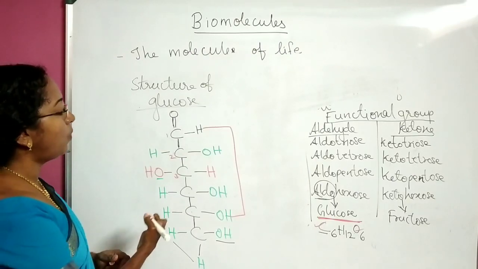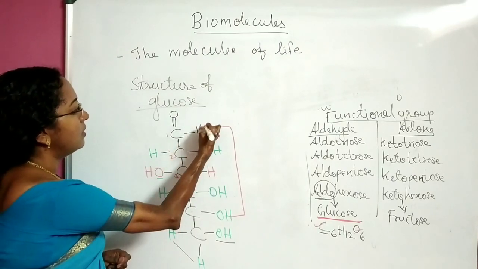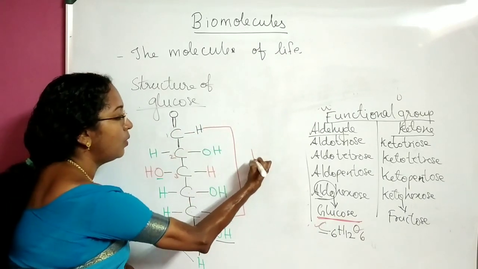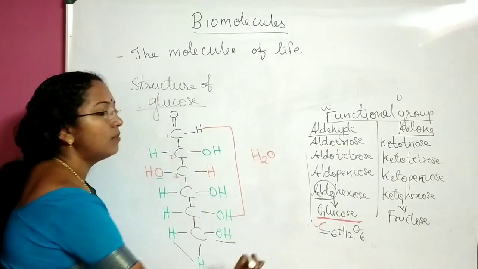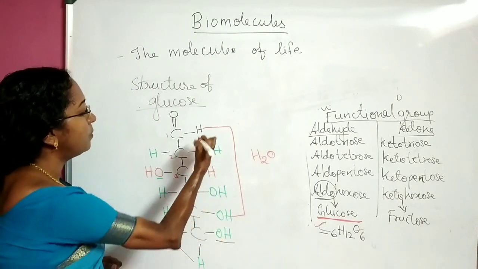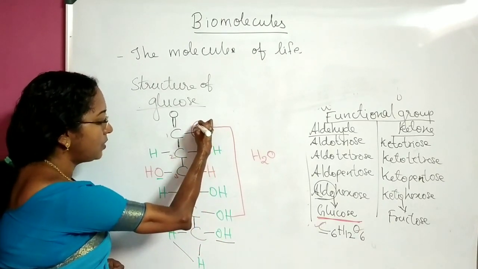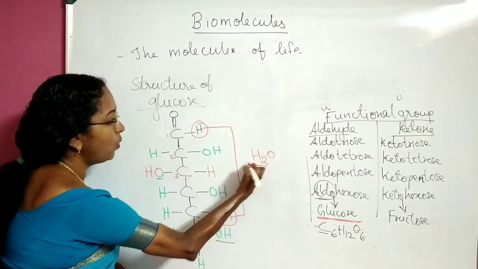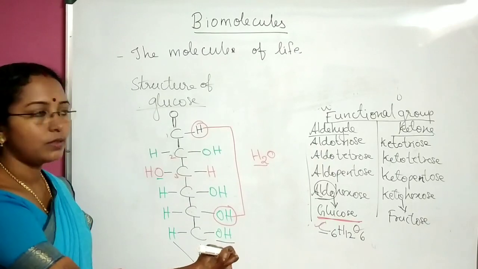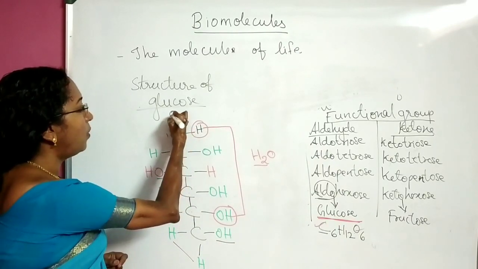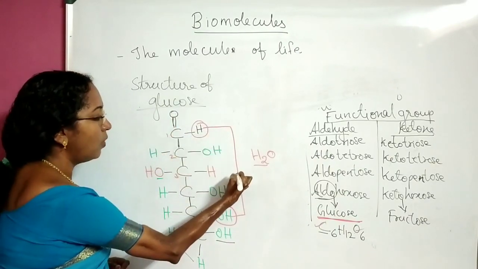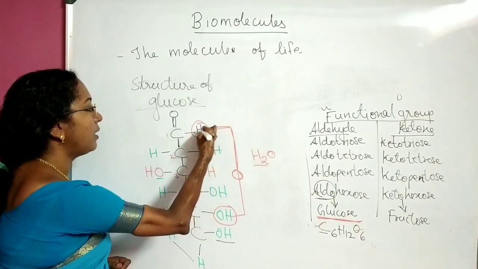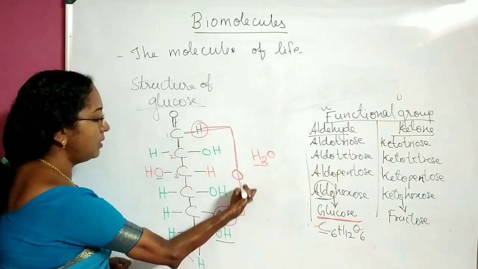In this bonding, you know what happens? H2O is removed. Water molecule is getting removed. How is that getting removed? This is one H, this is another H, and this is O. So H2O is getting removed. So carbon is now bonded to this oxygen, isn't it? This oxygen will occupy the central position here, with one bond connected to this carbon and the other bond connected